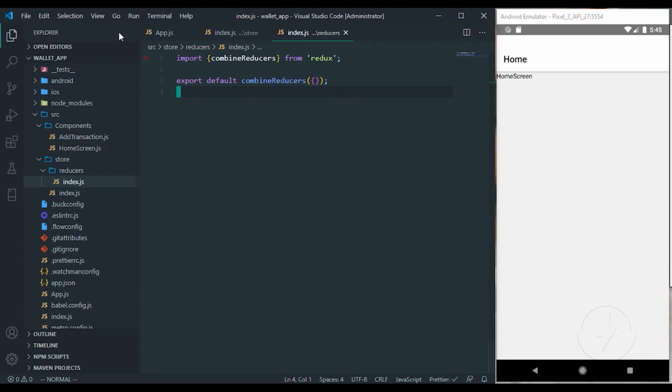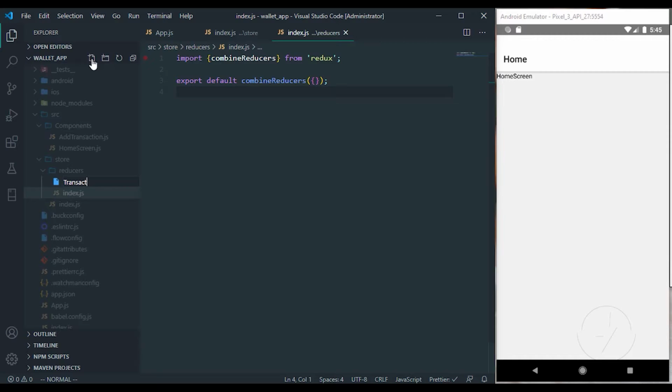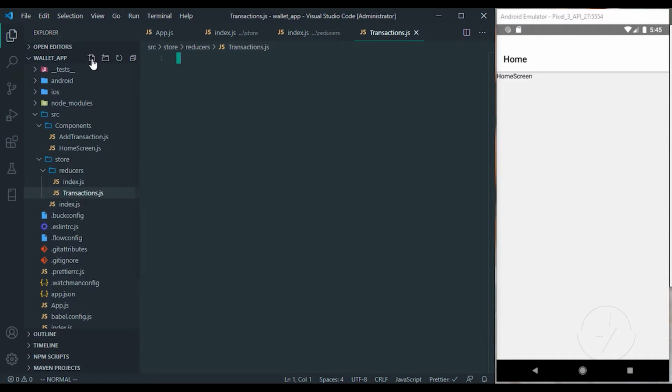So back in our reducers folder, we can create a file called transactions. In it we are going to be exporting a switch statement that's going to be handling, let's say, action types whenever we dispatch. So the first thing is to bring in our initial state. Our initial state is, let's say we have something like transactions. You can store multiple transactions there in your initial state. But for now, let me just get rid of all those things. I think I'm making a lot of mistakes. I have to just take it easy from now on.